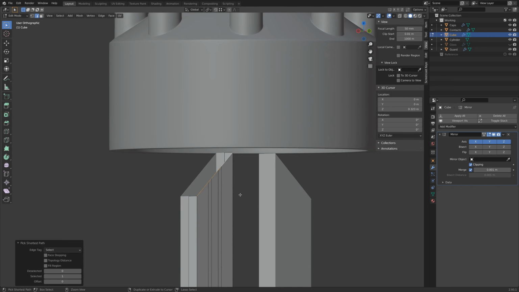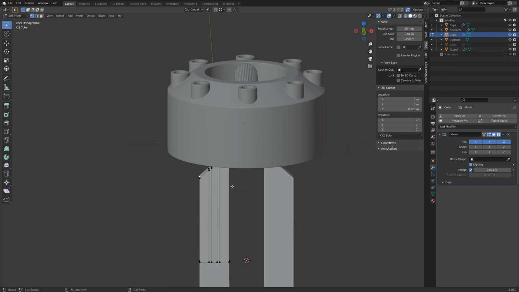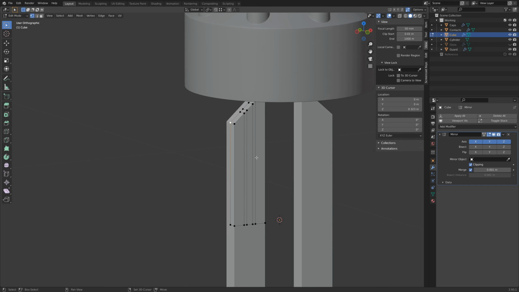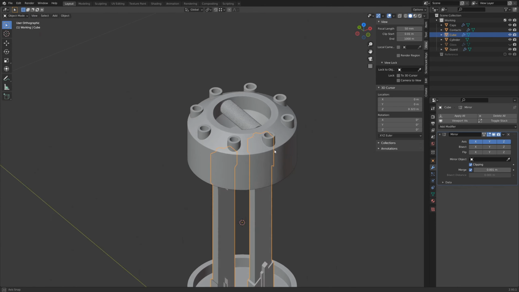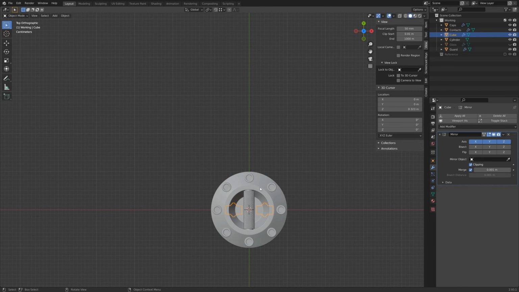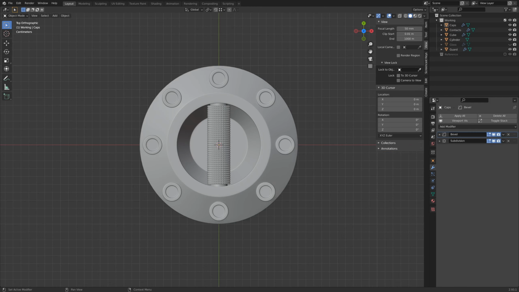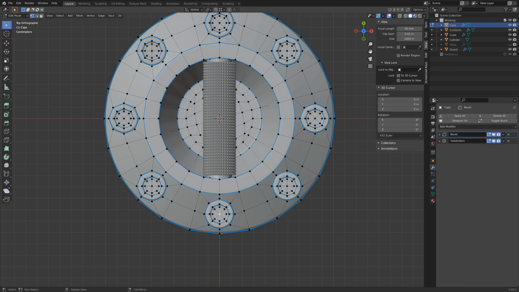Take our leading edge here, and here if we turn on auto merge, extrude along the Y. These vertices that overlap each other have now merged on their own. So that's good. Alt-H. That's the end of that modeling. Now the last bit of modeling before we move on to lighting and materials will be the bolts that go around the top. With one of our caps selected, the top cap, we'll select the center vertex